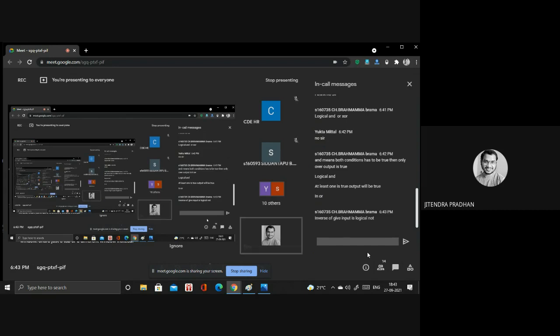Okay. So it's correct. Basically, in logical and and logical or we have two expressions, the first expression and the second expression. We separate the first and second expressions using the logical and sign.